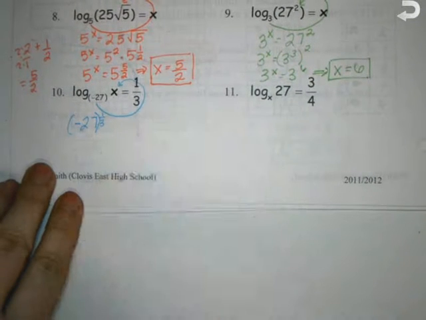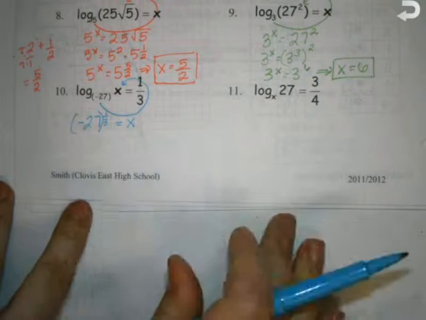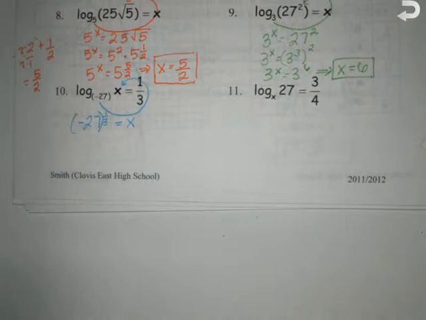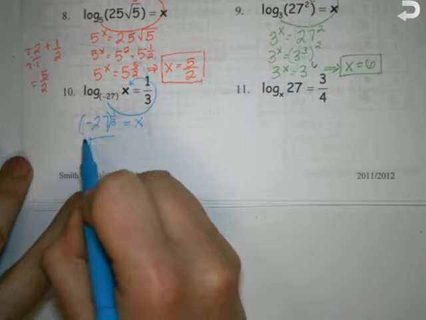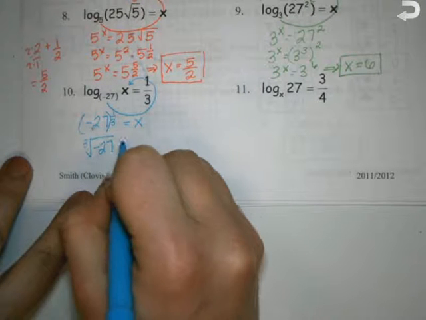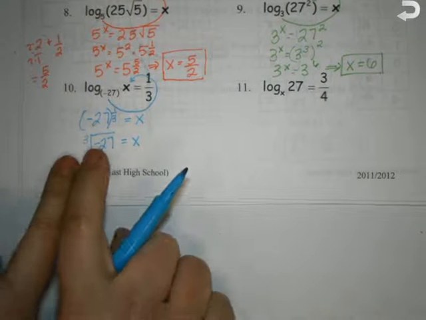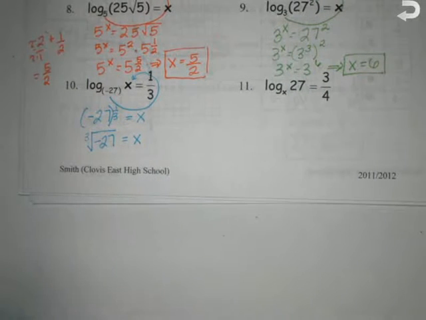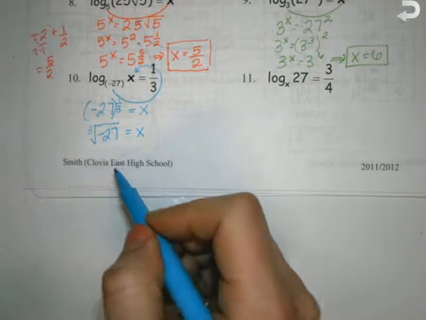Okay, if my exponent is positive 1/3, what does that mean I am doing? Am I going to flip it or am I taking a root? I'm going to take a root. So this is 1/3, so we are taking the third root of negative 27 equals x. I can't in a square root, but can I in a third root? Okay, so what's the cube root of 27? 3, and if it's negative 27, that means my answer is going to be x equals